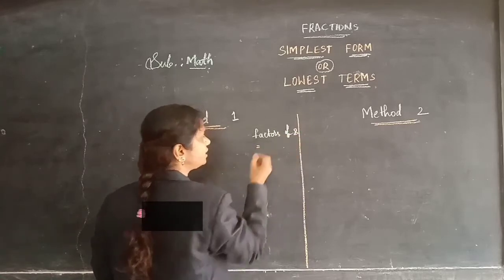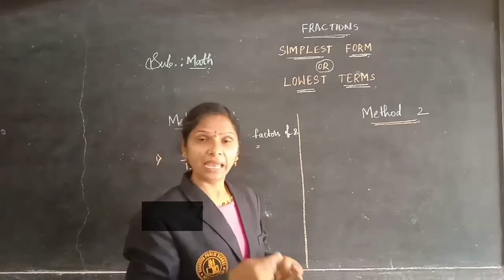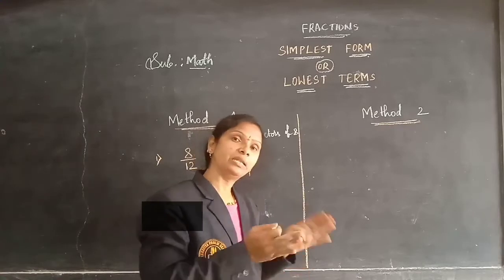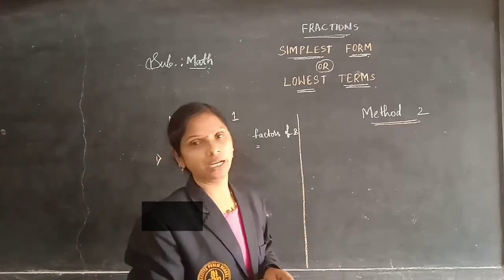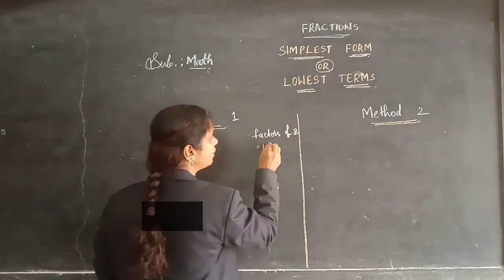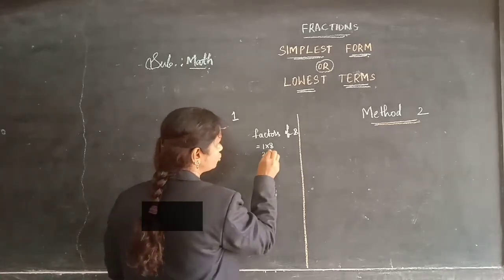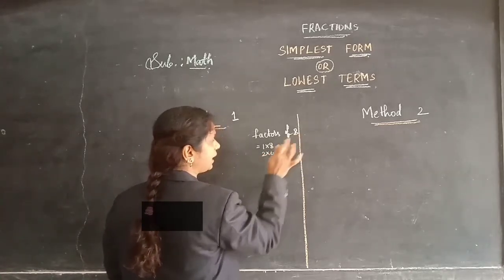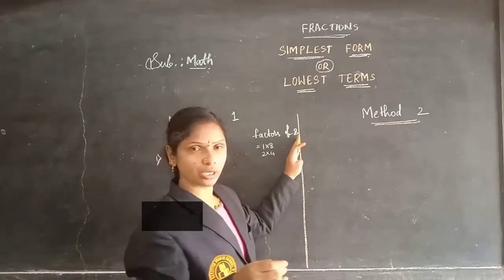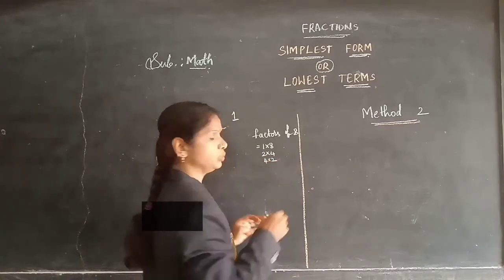So how can we write the factors of 8 here? 8 can be divided by which table? Or else we can write it in multiplication form. It means 8 will come in which table? In the 1 table you will get 8: 1 8s. 2 table? Yes, 2 4s. It means 8 can be divided by 2. 3 table? It won't come in the 3 table, children. 4 table? Yes, 4 2s are 8.